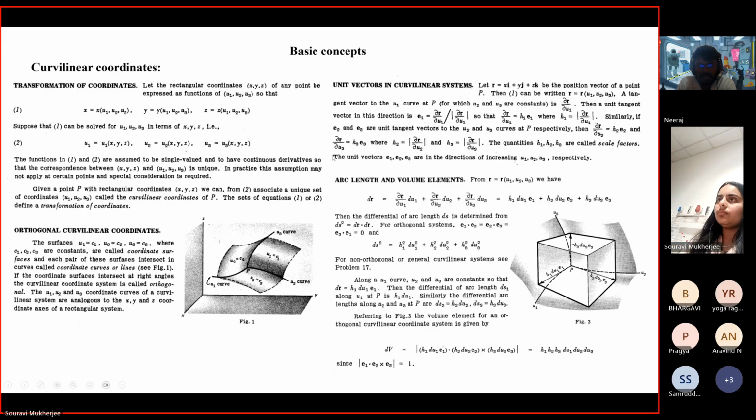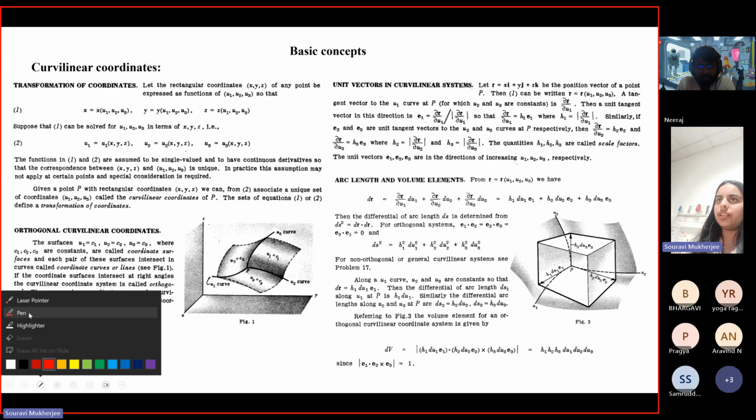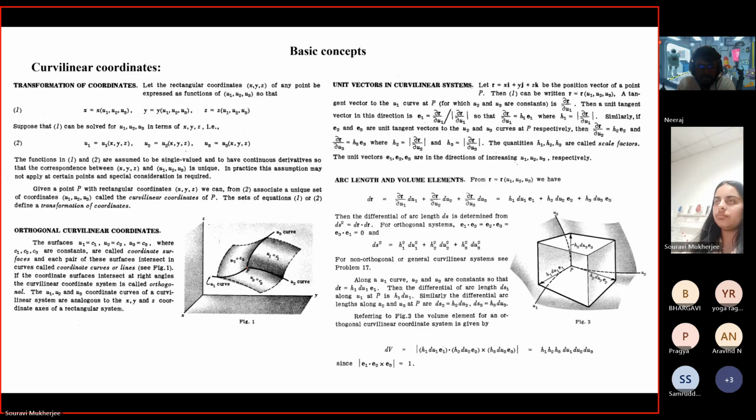Now, here you can have these three curved lines, which are basically intersections of the surfaces. What you can do here is draw tangents to each of these curves, right? Basically, you can have a tangent along this line, a tangent along this line, and a tangent along this line. Sorry. So how do you define the tangent?